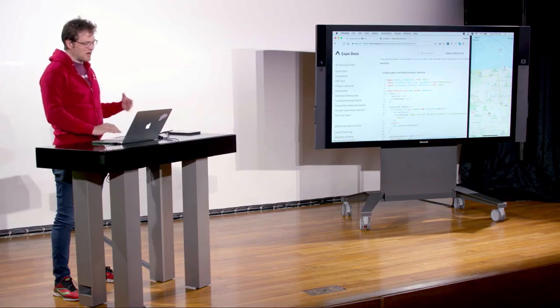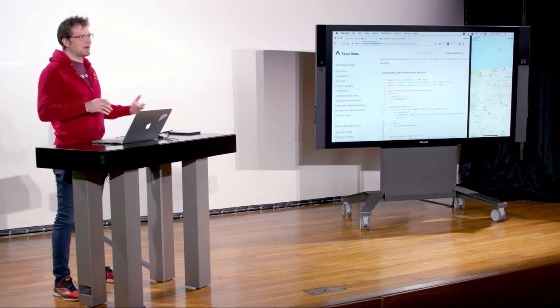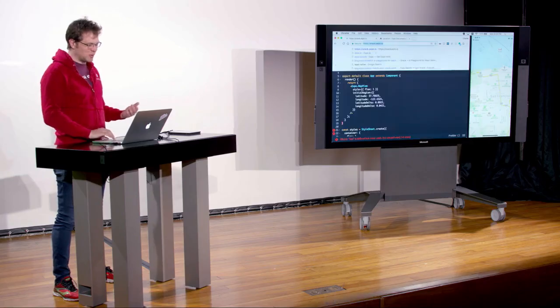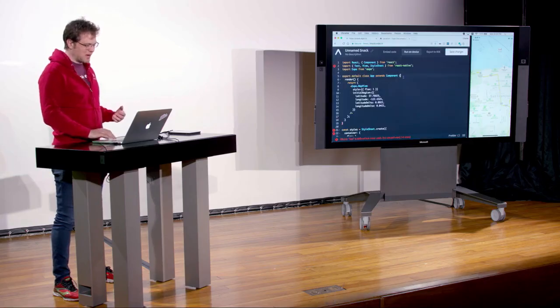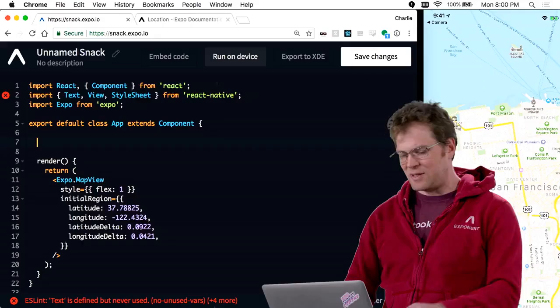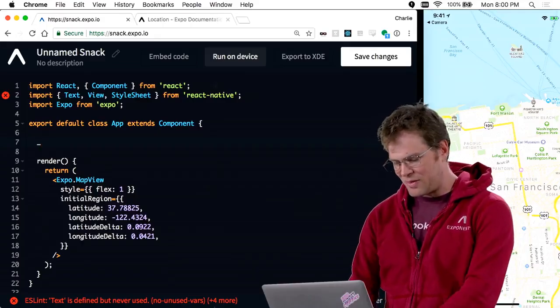In the Expo client app here, I've actually already asked for location permission. It's been granted. So we won't see the dialog pop up. But if it was the first time, or if you're in like a standalone app or something like that, we do want to ask for permission. So we'll cover that here. And asking for permission, again, using the Expo Permissions API is fine because it'll just say, oh, you already have permission, and it's granted. So I'm going to write a little method here